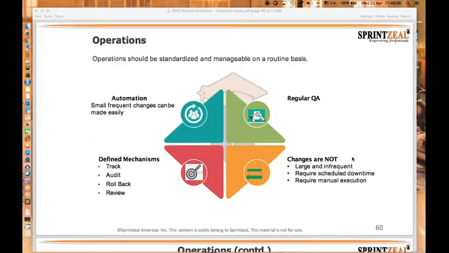And scheduled downtime. Sometimes you need to do a scheduled downtime to restart a couple of servers. So you have to plan well in advance all the scheduled downtimes,